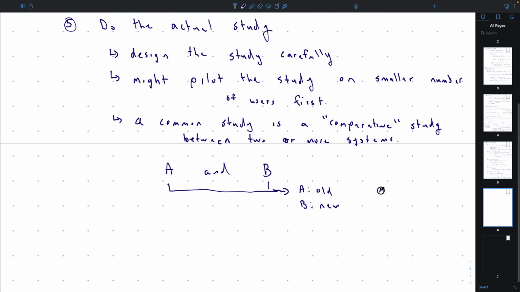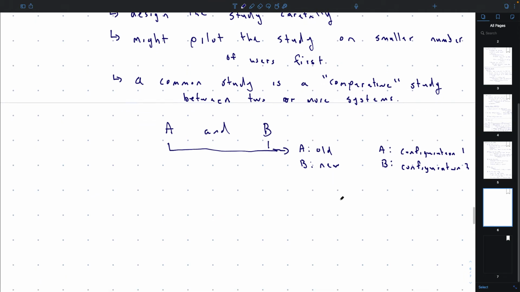Or sometimes you have one system, but you want to set the defaults, so you give them the system with one set of defaults, and you give them the system with a different set of defaults, or a different configuration, and see how it works. So it could be old, new, configuration 1, configuration 2.